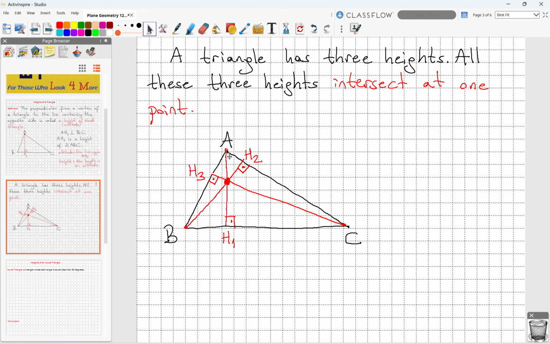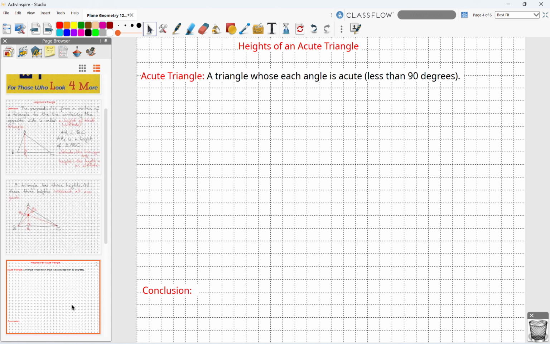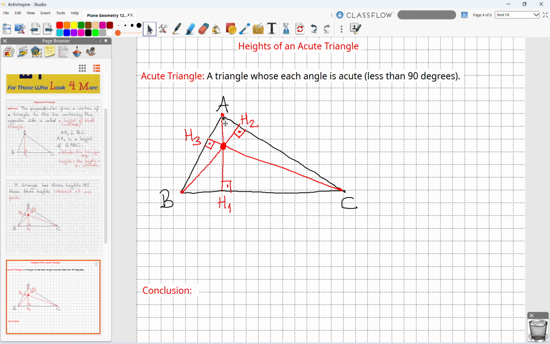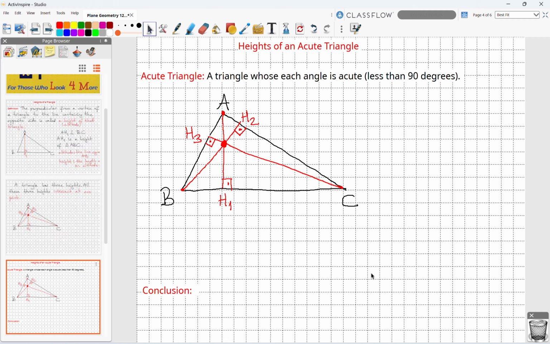So when our triangle is an acute triangle, all three heights intersect at a point which is located in the interior region inside the triangle. Okay, so in this case, conclusion: